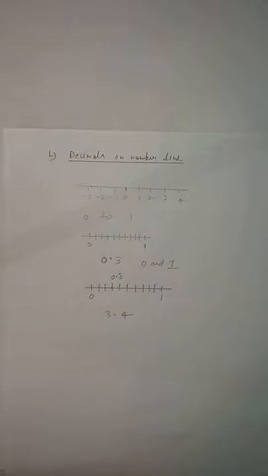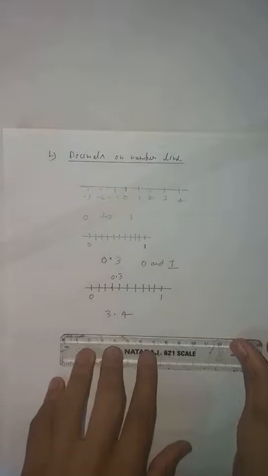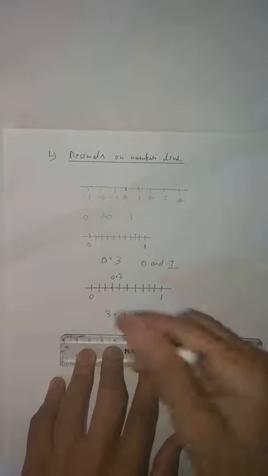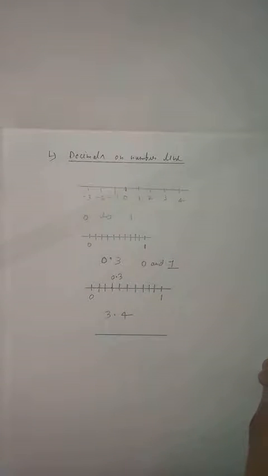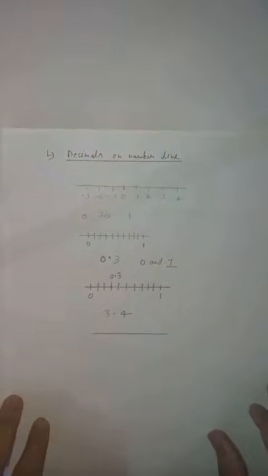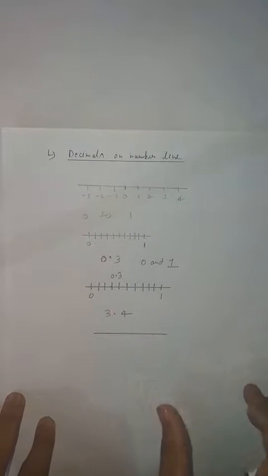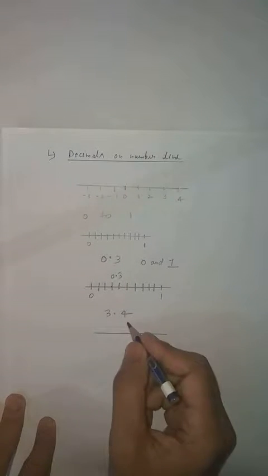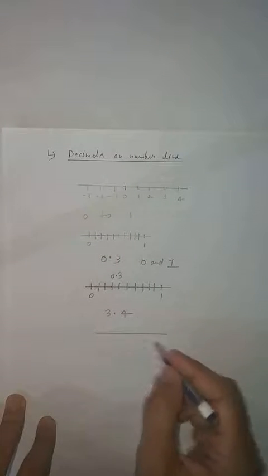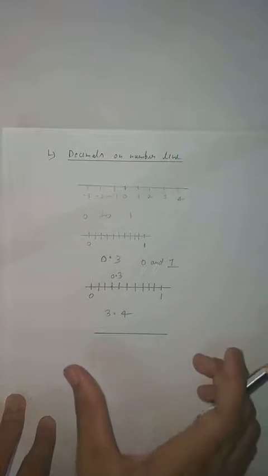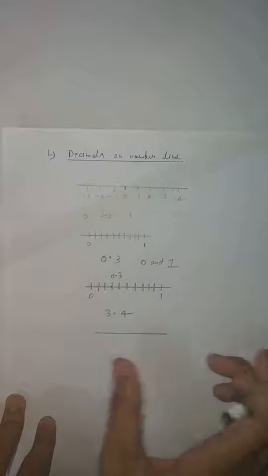Now how will it come under 3 and 4? We have to see this now. First draw a line. Clear, student? Acha student, one question may come in your mind: sir, why are you using a very small line? See here, if 3.4 is given, what is the requirement? Only requirement is 3 and 4. So why should the number line be so long? The number line should not be so long.